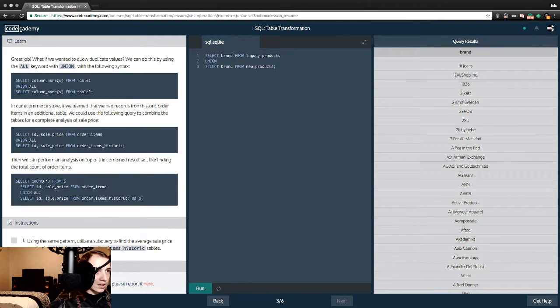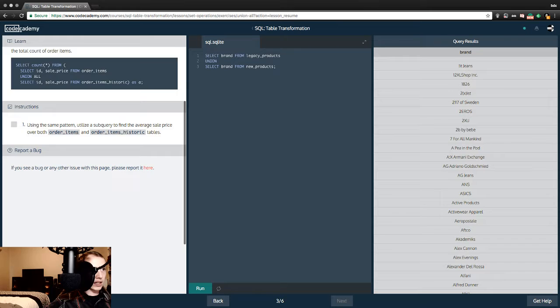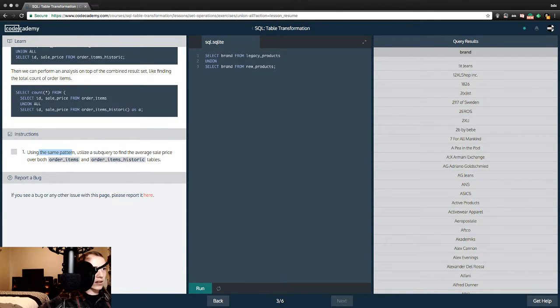So as interesting as that story was, more to the point, following the instructions, using the same pattern, utilize a subquery to find the average sale price over both order items and order items historic tables.